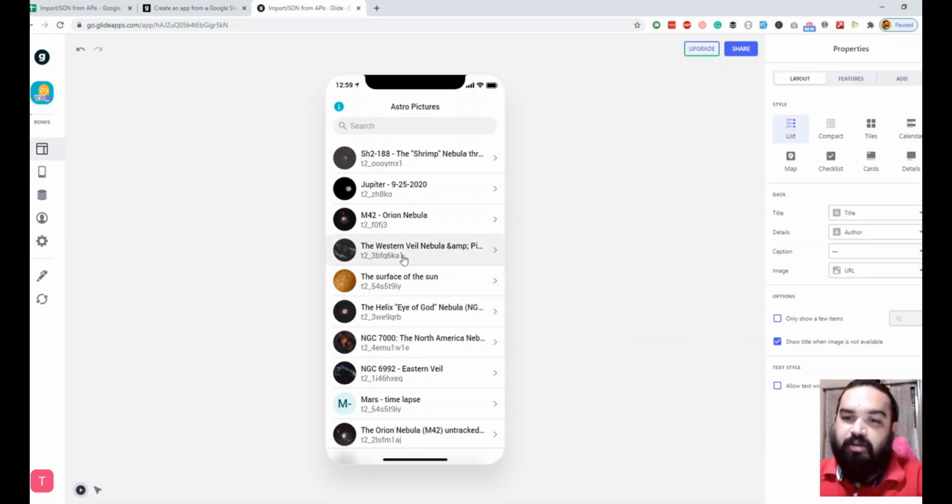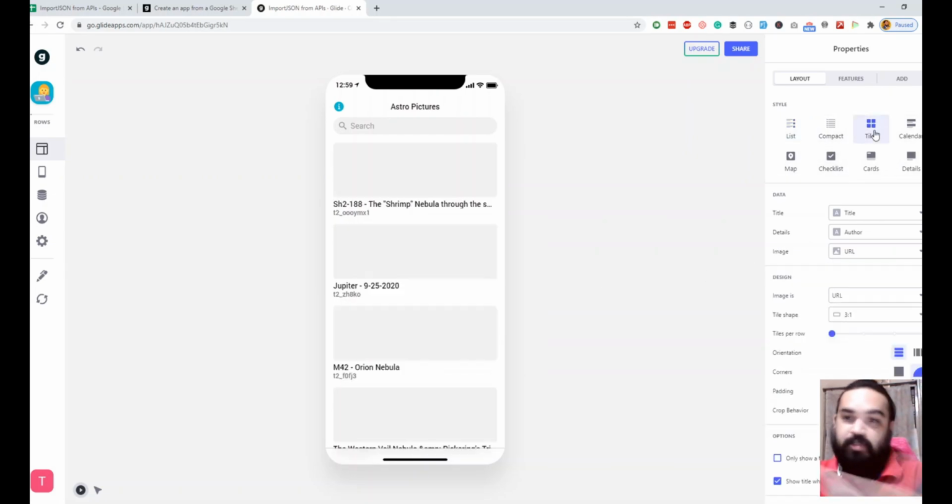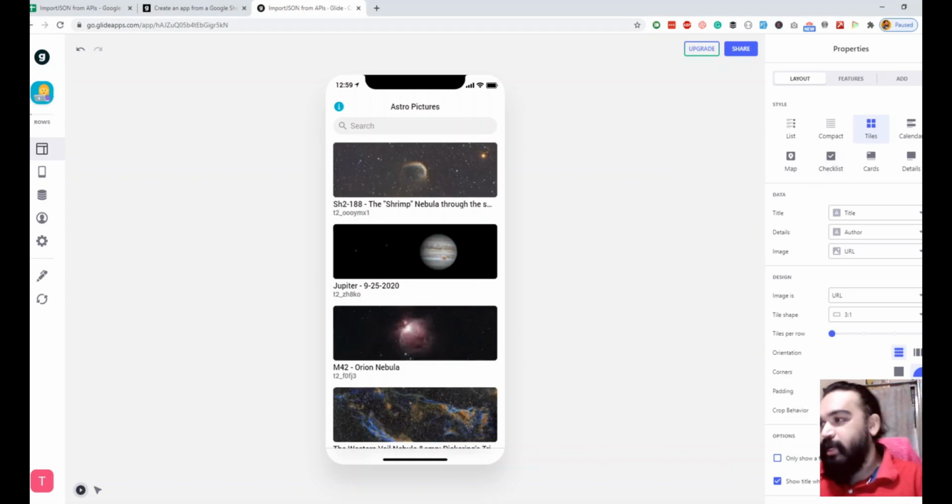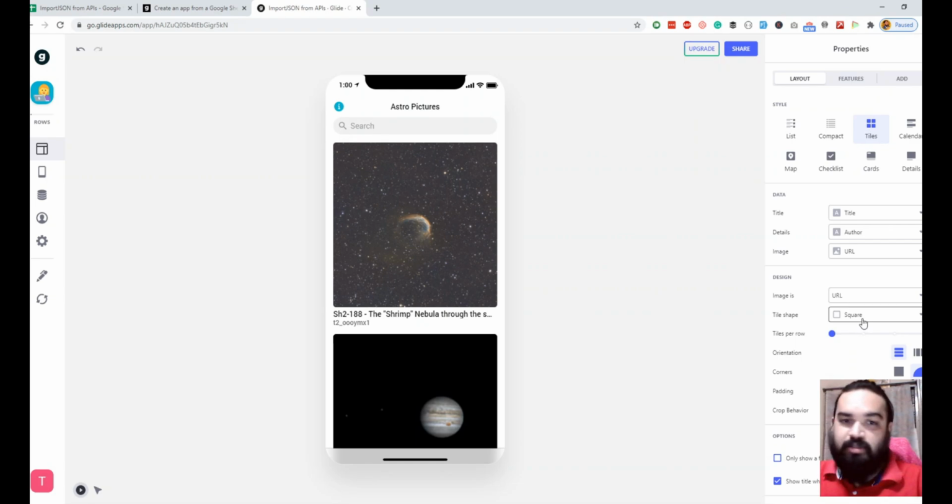Let's make it look like a gallery app instead of a list app. So if you see on the right, you see multiple options, and then there is tiles, which is one of the options, and you get the rectangular based tiles, and you also have the option of doing a square or a vertical tile or a circle as well, right? So let's quickly do one of these and see how it looks.